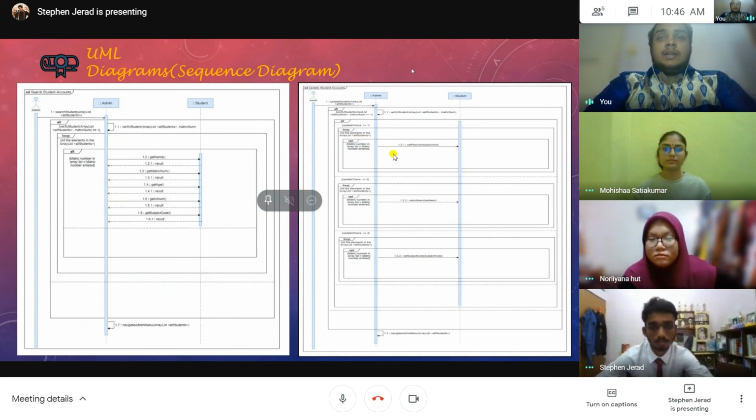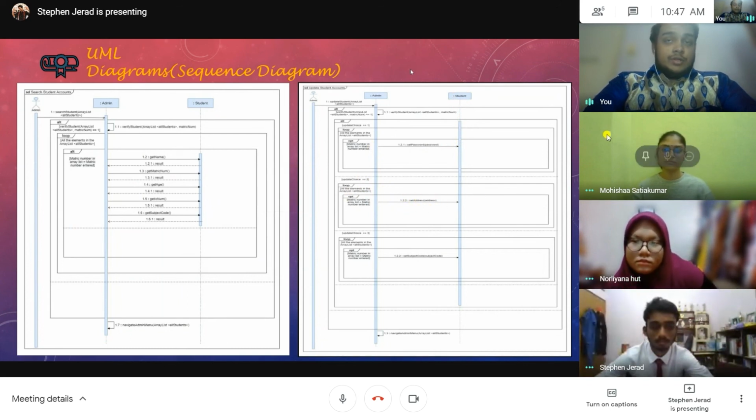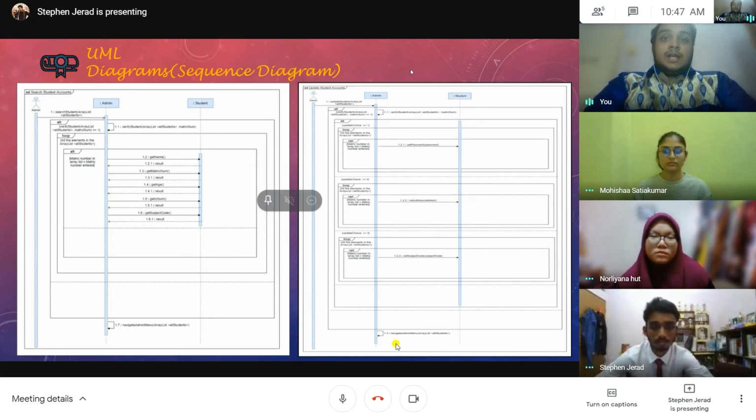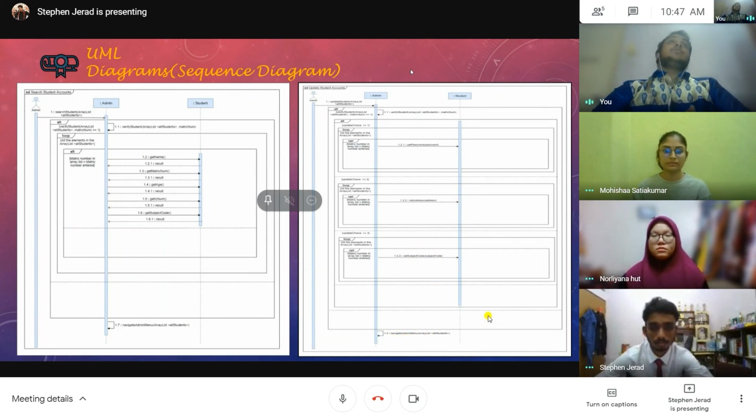When the user enters 1, they will loop through the array, and when the metric number entered matches the metric number in the array list, they will set the new password for the student by updating the existing information. If the choice is equal to 2, they will perform the same operation, but they will update the address information of a particular student. If the choice is equal to 3, they will update the subject code information. And the last part is that we will ask the user to navigate the admin menu, whether they want to go to the admin menu or the main menu, or exit the program.